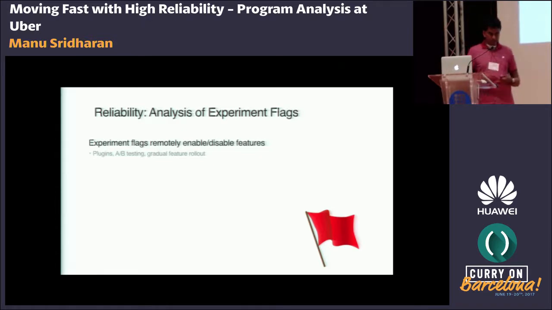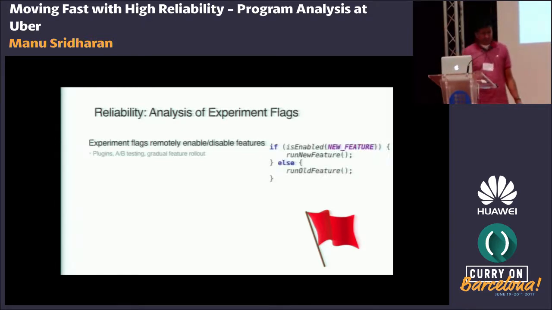In case it's causing a problem, we don't instantly deploy it to millions of people. And in the code, it looks something as you would expect, right? You call into the experiments API, you say, if this new feature is enabled, let's run the new feature. Otherwise, let's run the old one. But it can get a lot more complicated than this, right? I'm not going to show it in the slide, but sometimes if this is enabled, we store some state in a field. And then in some other chunk of code, you read that field out and do some actions.